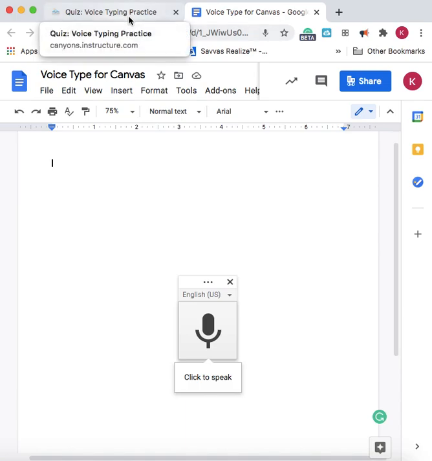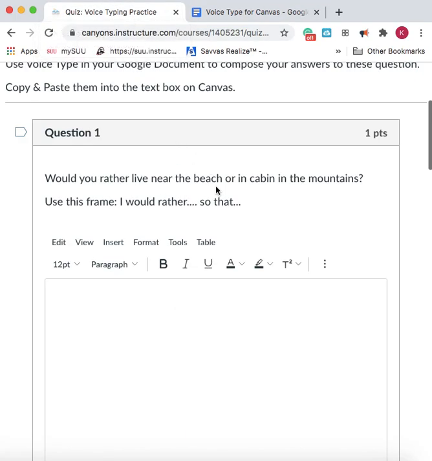So I'm going to come to my Canvas quiz. My teacher wants me to respond to this question. It says, would you rather live near the beach or in a cabin in the mountains? Uh-oh, my teacher forgot the word. Use this frame: I would rather, so that. So my teacher wants me to write at least one sentence, and she wants me to use this sentence frame. So I'll think about my answer,